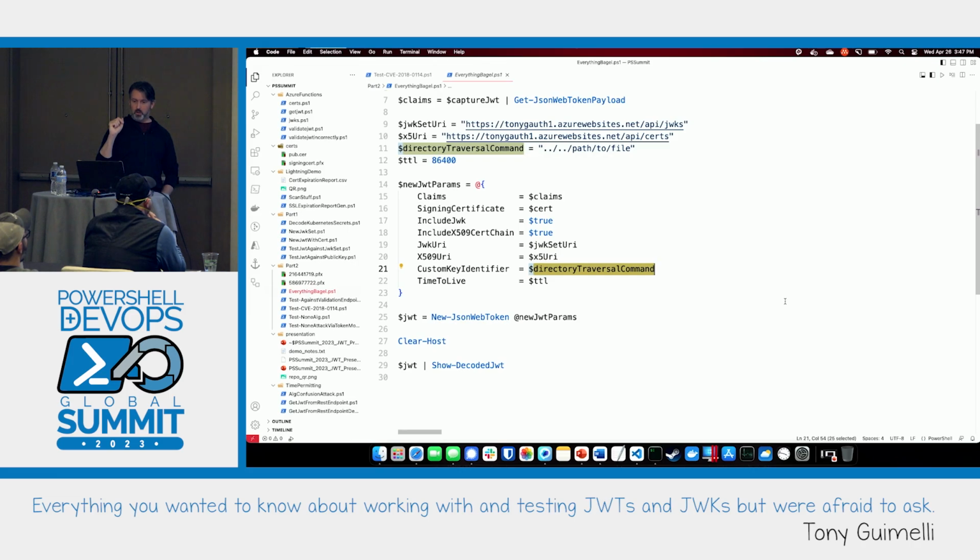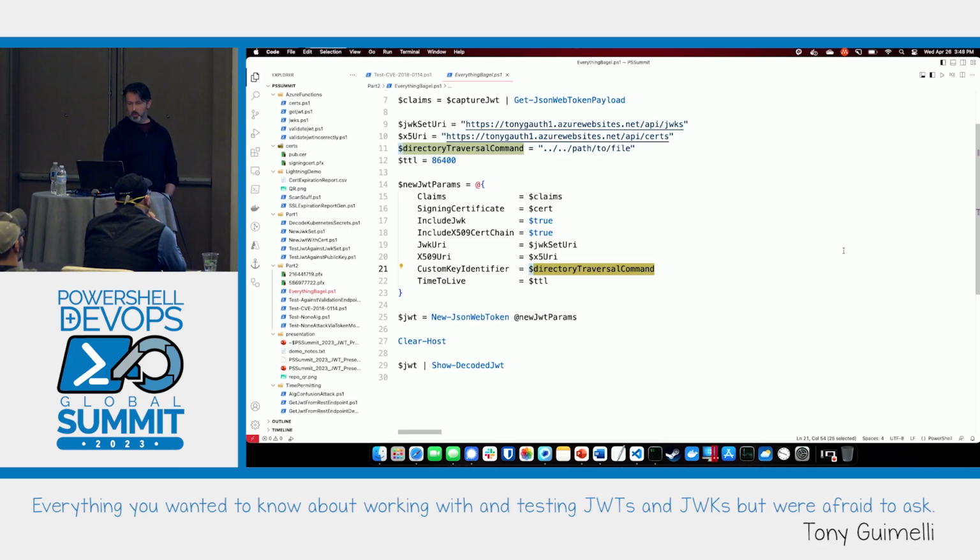We are also going to stuff the entire X509 certificate chain in a claim called X5C. By the way, these are all in the RFC. This is all above board per the RFC. And then finally, if none of those work, we're going to have another URI to an X509 certificate endpoint that has the public keys expressed as PEMs. So in other words, not JSON web keys. And to make matters worse, add insult to injury, evidently with that key identifier thing that I told you about, and I've never seen this myself, but supposedly some validation engines were, or maybe still are, vulnerable to directory traversal